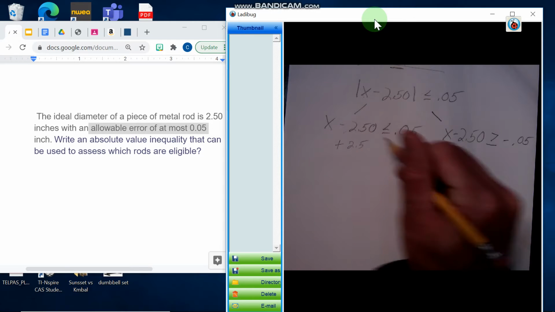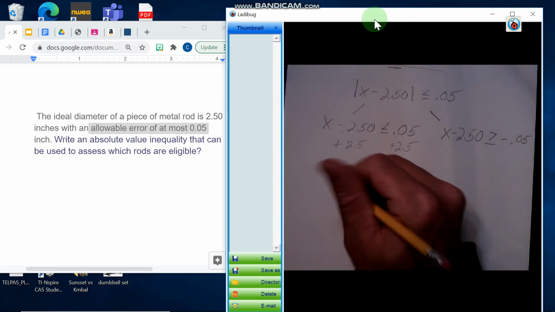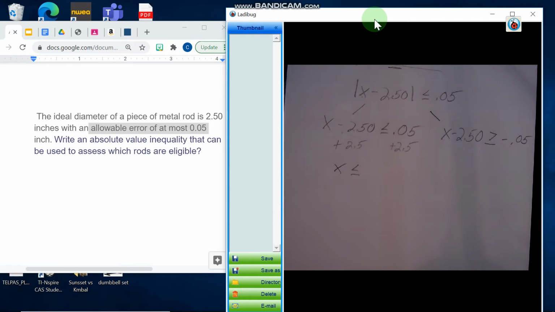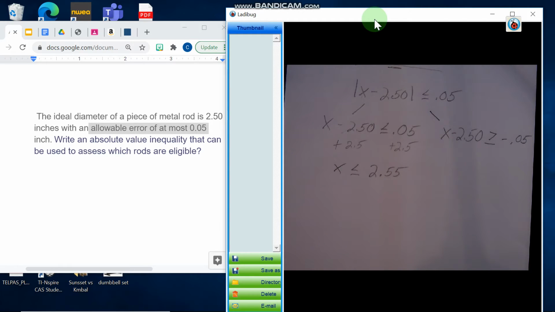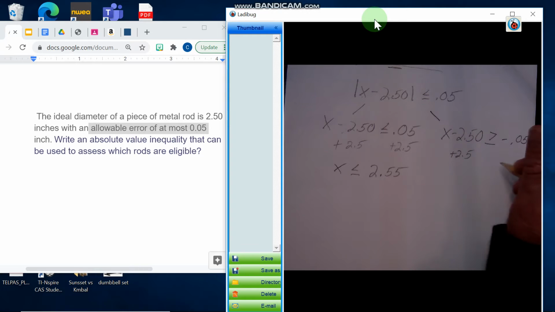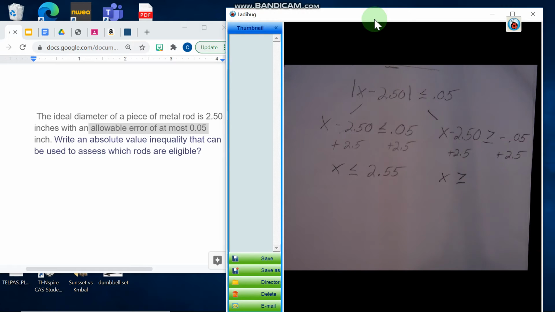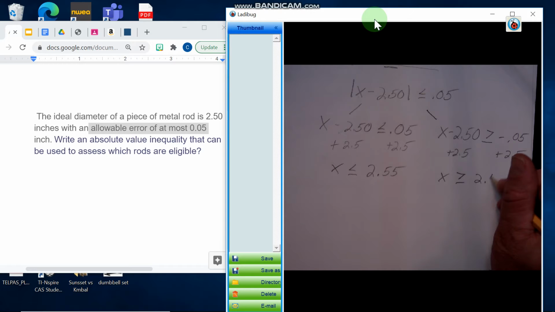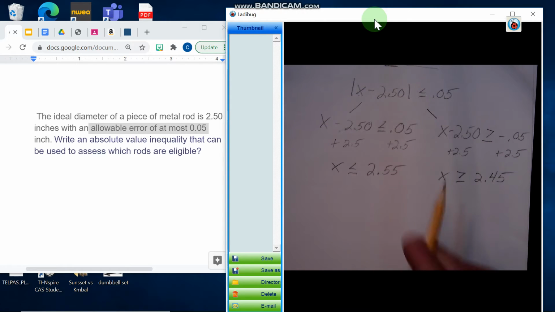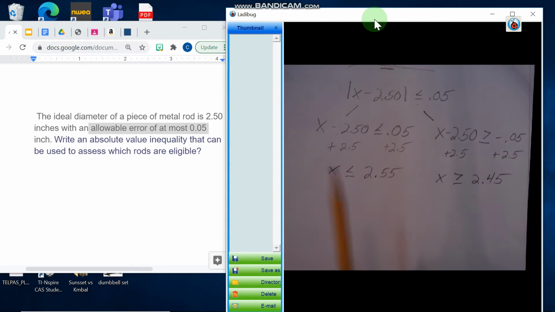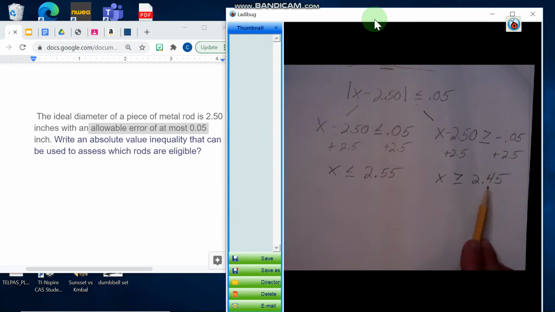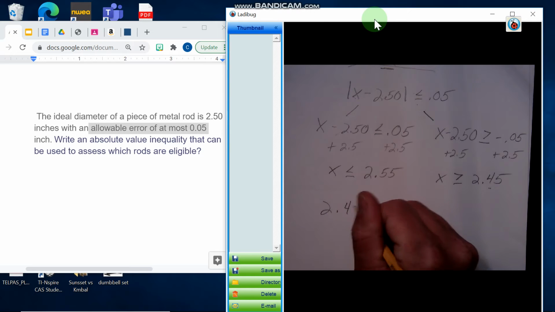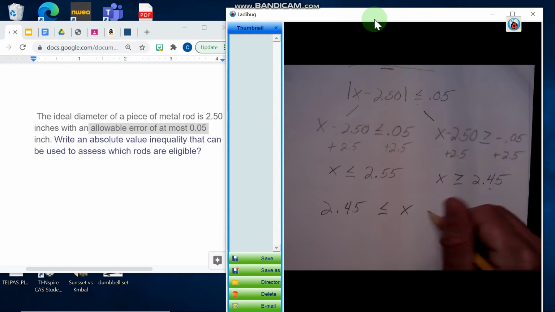I'm going to add 2.5 to both sides, and I get x is less than or equal to 2.55. Here I'll add 2.5 to both sides, and I get x is greater than or equal to 2.45. Now since this is a less than, we're going to use an and, a compound inequality. So we take the lowest, 2.45 is less than or equal to x, which is less than or equal to